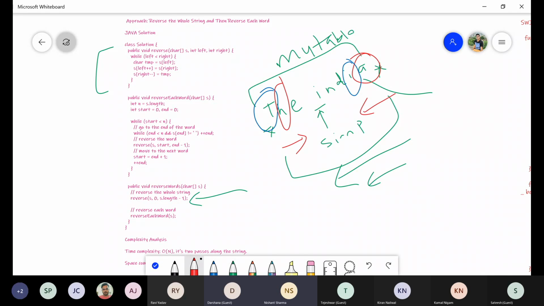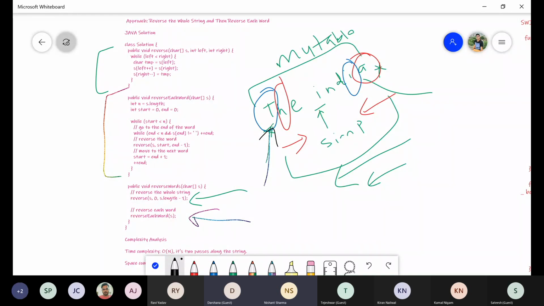Once it's done, we will reverse each word, and for that we already discussed the solution in the previous problem. We take two variables, start and end. Initially, start and end point to T. Now we check if start is less than n, which is the complete string length.